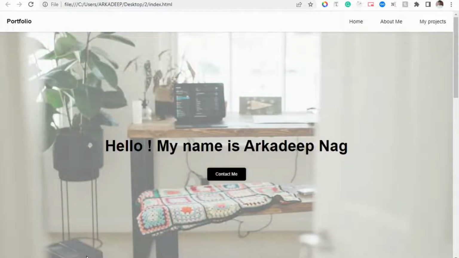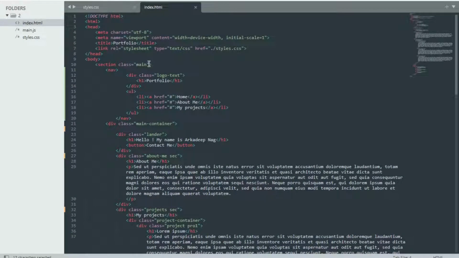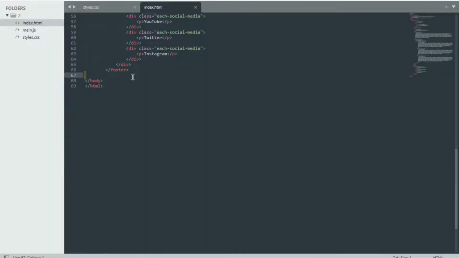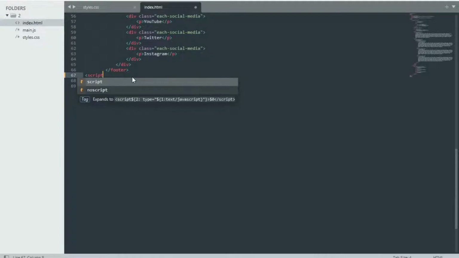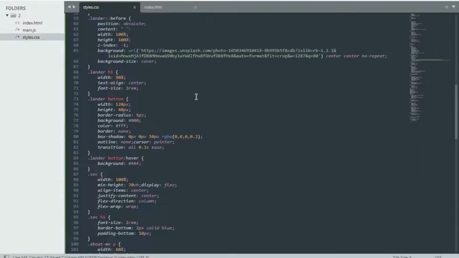So let's begin with the JavaScript. Before the JavaScript actually begins, let's connect it. At the bottom, add a script with type. The src is going to be ./main.js, our JavaScript file. Now the first thing we want to do is